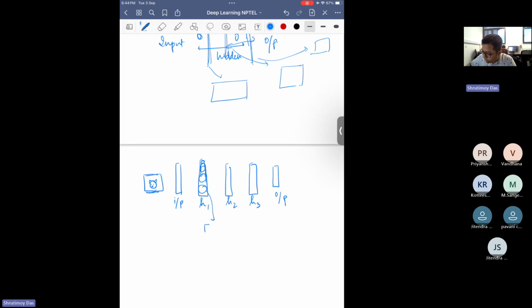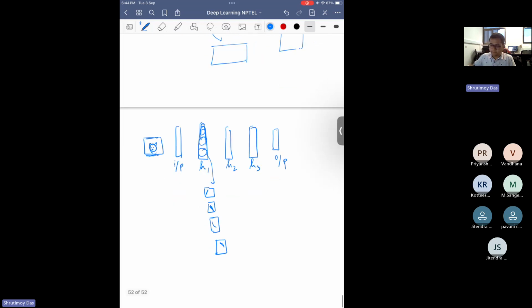Say one neuron will learn that it has a line like this, another neuron will learn that it has a line like this, another will learn that it has a curve like this, and another will learn it has a curve like this, and so on. So this is the first hidden layer. Now when I go to the